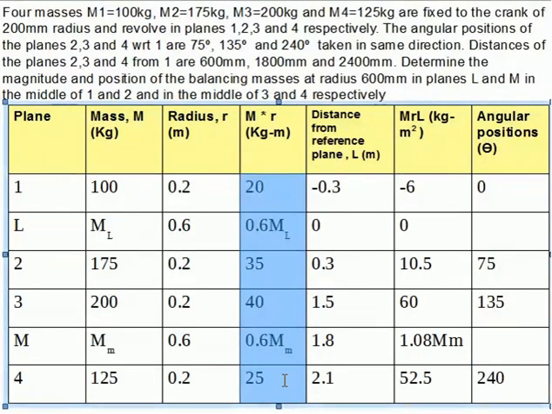Out of these two columns identify in which column I am having the least number of unknowns. So in this column I am having the least number of unknowns. That means first I need to start with the couple polygon. After constructing the couple polygon, then only I have to go for the force polygon. In case the fourth column has the least number of unknowns compared to the sixth column, that means I have to start with the force polygon. So depending on the lesser number of unknowns available in the column, you have to start with the couple polygon or force polygon. Here this column is having only one unknown, therefore I will start with the couple polygon.